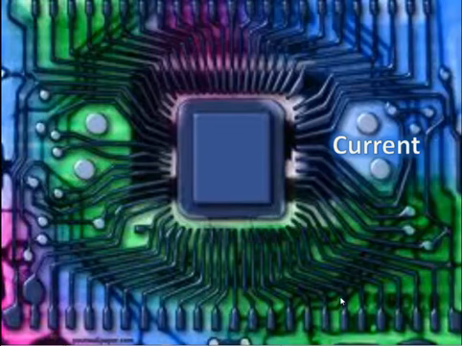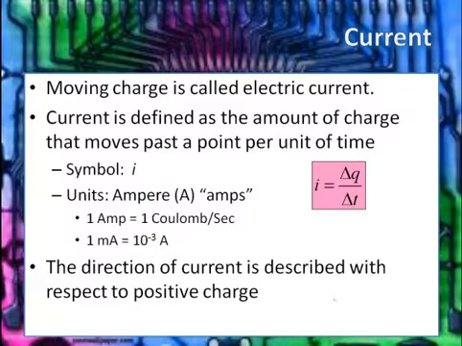Good afternoon. Today I'd like to teach you a little bit more about current. If you remember from one of the earlier videos, we learned about current as being when charge moves from one location to another. Now specifically, current is defined as the amount of charge that moves past a certain spot per unit of time. As a formula, that is the amount of charge, delta Q, divided by the amount of time,